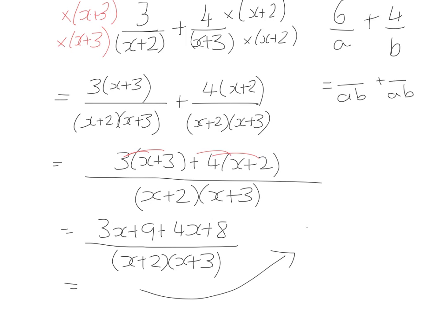And collecting like terms, I'm going to have 7x plus 17 over x plus 2 bracket x plus 3. So if you have different brackets at the bottom, that would be the method to go about to solve